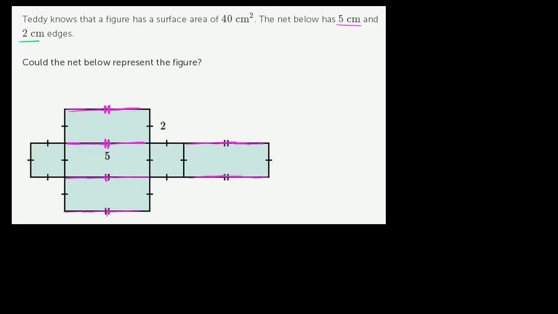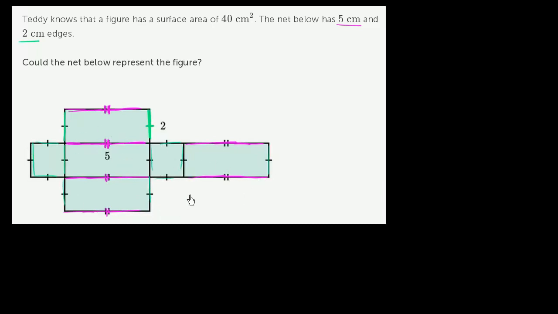And then we have several 2 centimeter edges. So this one is 2 centimeters. And any other edge that has the same number of hash marks, in this case 1, is also going to be 2 centimeters. So pretty much all the rest of the edges are going to be 2 centimeters. Now they don't ask us to do this in the problem, but it's always fun to start